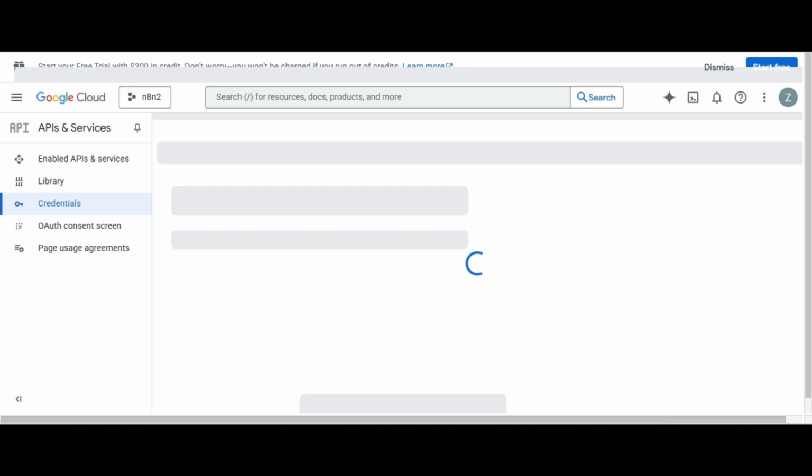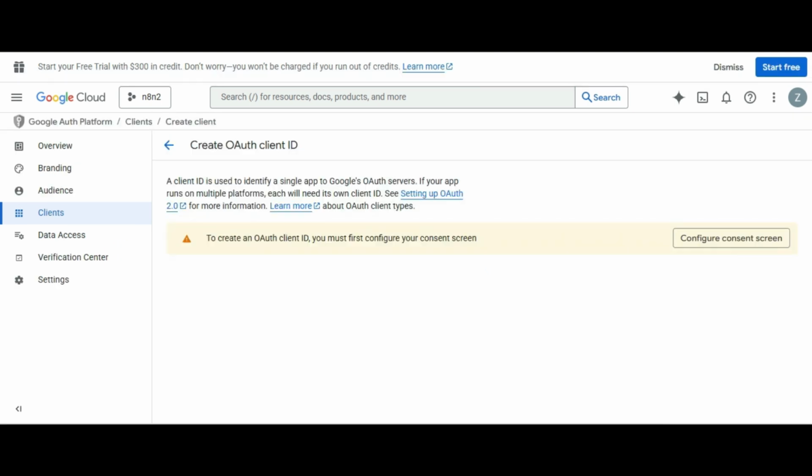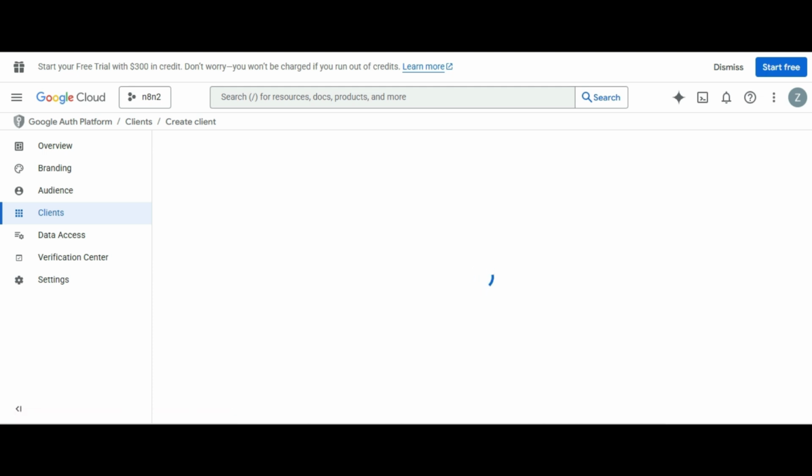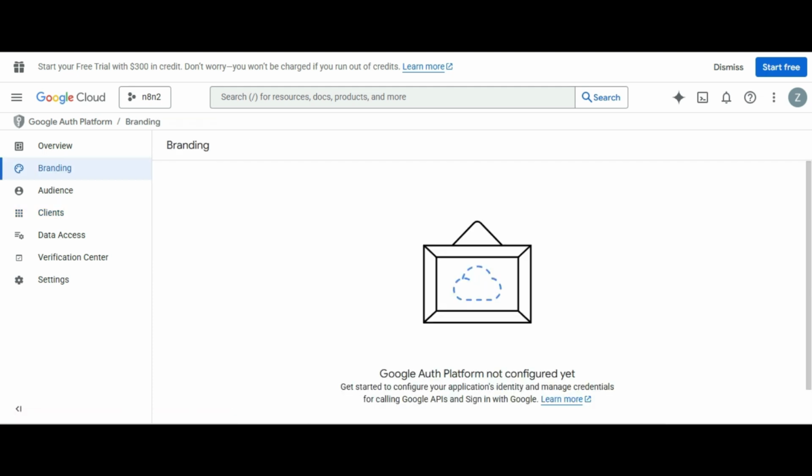Watch carefully. So now you can see there is another option. So I am doing the right way. I am doing it for you because I know what I do.